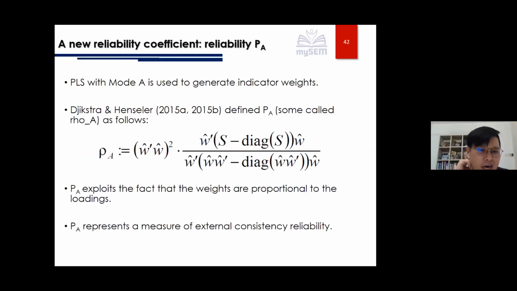And then to calculate this rho A, which is called the rho A, we use the formula of the outer weight estimate, which you can see W called outer weight estimate. Then you divide by the sample covariance matrix, which is the S there. And then it will produce the consistent reliability. And this consistent reliability we call rho A. If you don't understand the formula, never mind, but you need to understand how it calculates this rho A using this formula, using the sample covariance matrix and outer weights